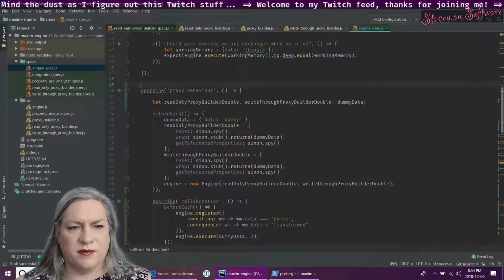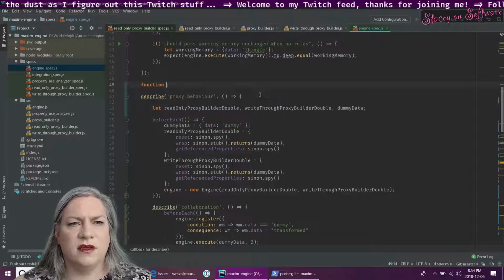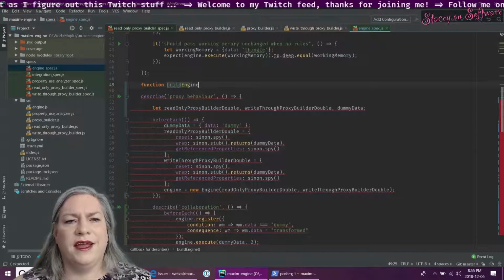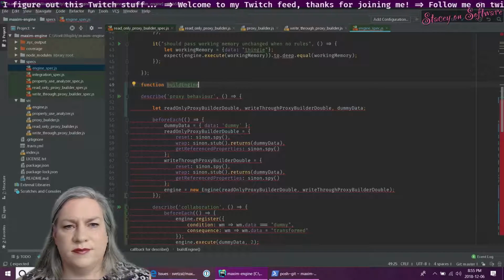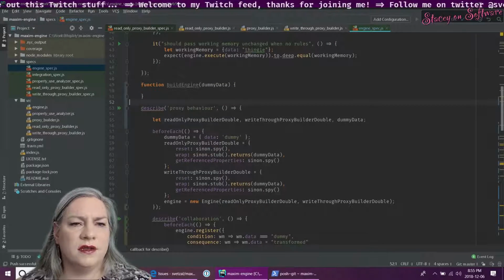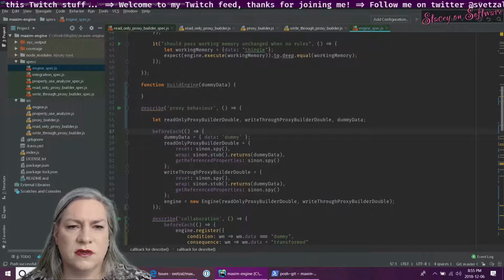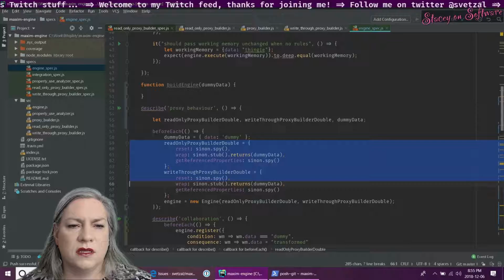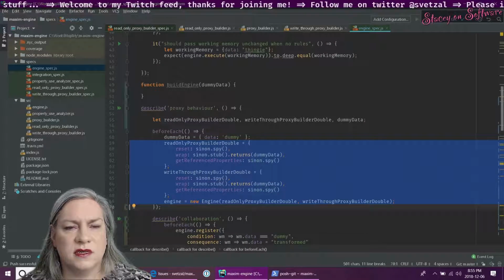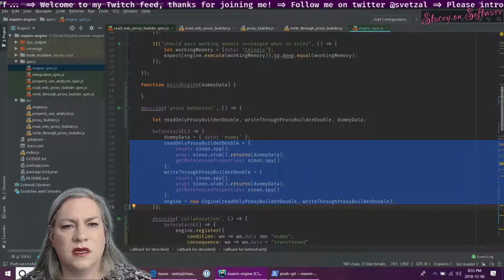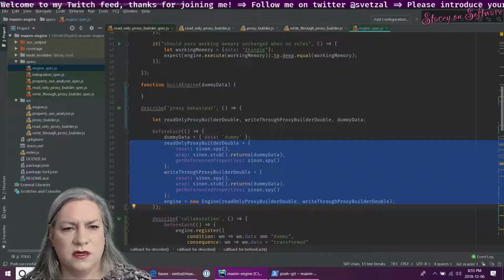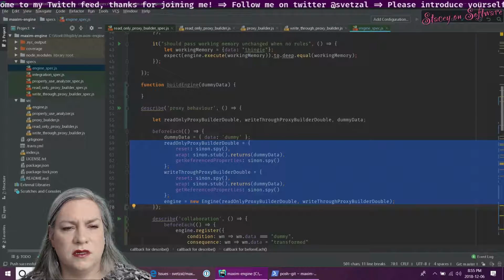I was going to stick this up in the middle of nowhere for a second. This is going to be build engine. It takes some kind of dummy data, and it's going to basically do, I guess it'll return an engine.